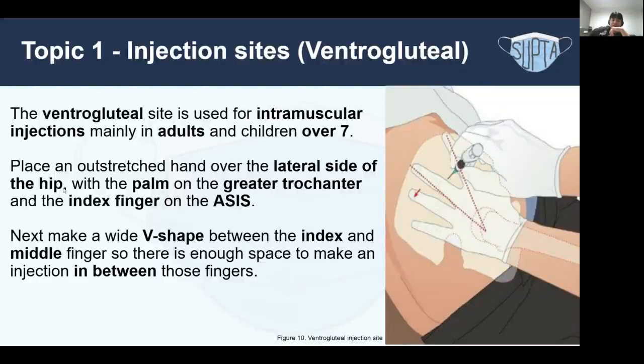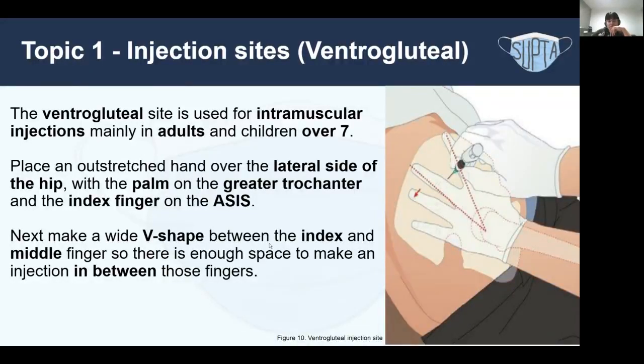You can look for the greater trochanter as well. And on the lateral aspect of your hip, you can sort of try to feel it now. Try to get that feeling of the ASIS, which is more anterior, and then the greater trochanter, which is closer to your bottom, but on the lateral side. If you were to feel those two prominences, then between the index and middle finger, you can then inject. And that's just something that you can remember. It might not be relevant to you if you're a first year or second year, but obviously